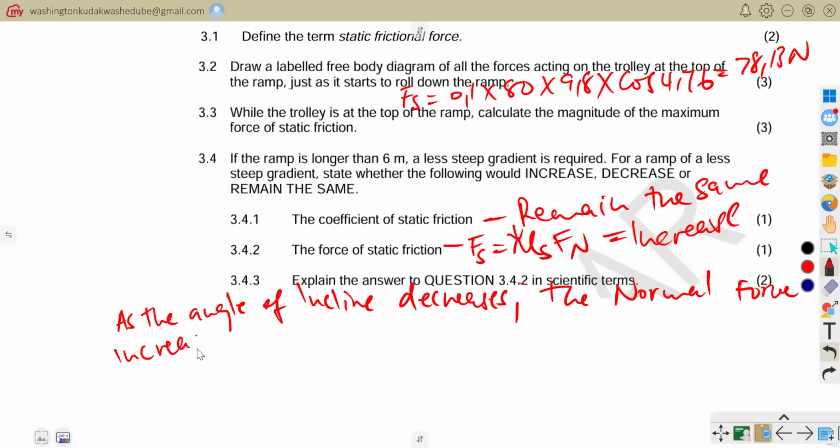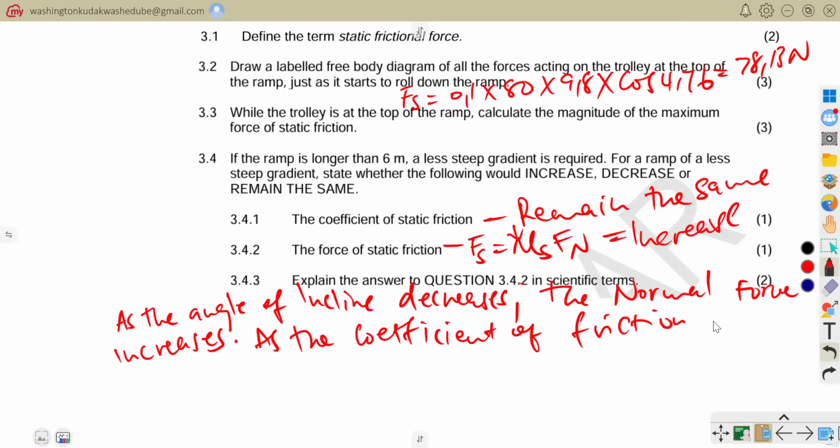The normal force increases. As the coefficient of friction remains the same, or friction remains the same, as it is remaining the same,